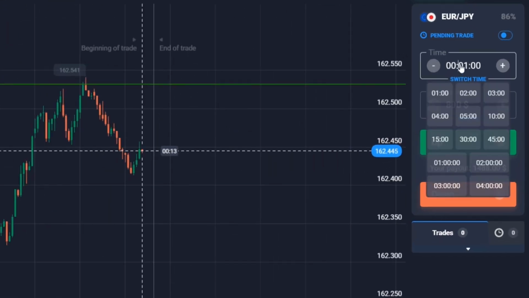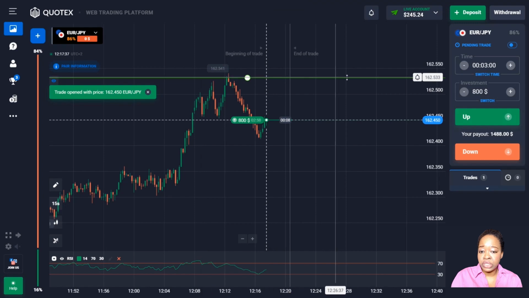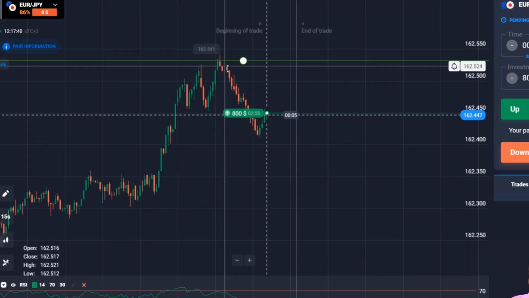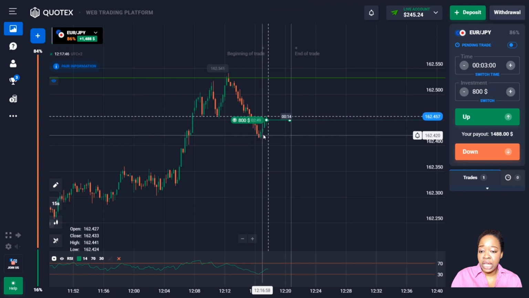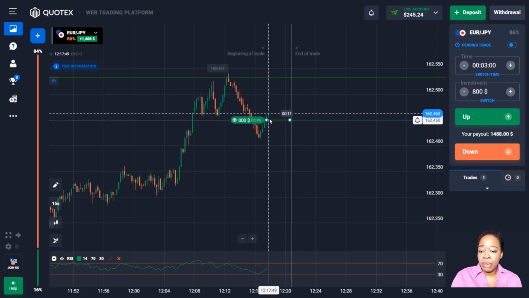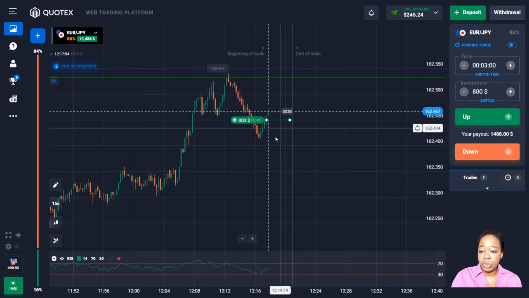So here in this situation, I'm going to open a trade up for 3 minutes because I can see at the top there is the resistance level. You can notice that there was a pullback down, and after that from this point the price reversed and now you can see the green candlesticks. I'm believing that the price will be moving higher because the price has the upside potential and the main price